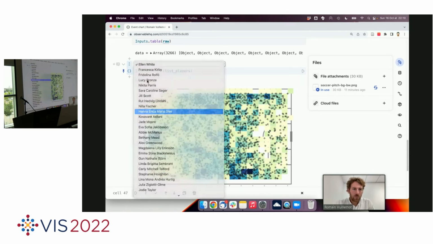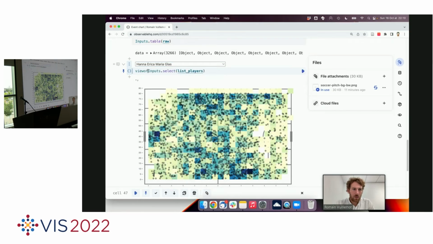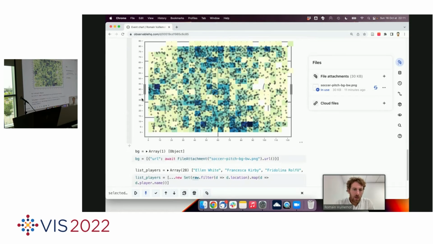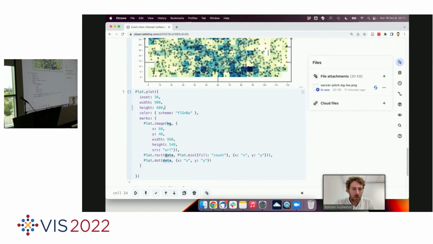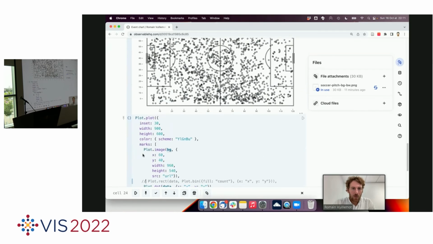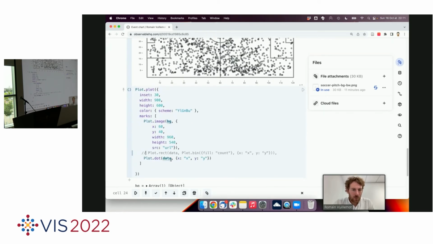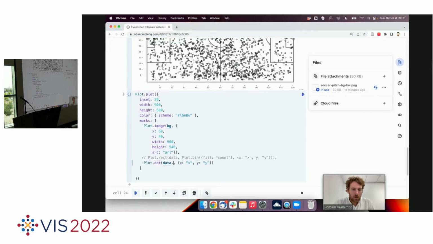So I have my list of players, and I'm gonna get the variable from the selected player. And now I'm just gonna filter these charts with the selected player. I'm gonna comment the bin, so we'll see the filter events a bit better. And now here I filter the